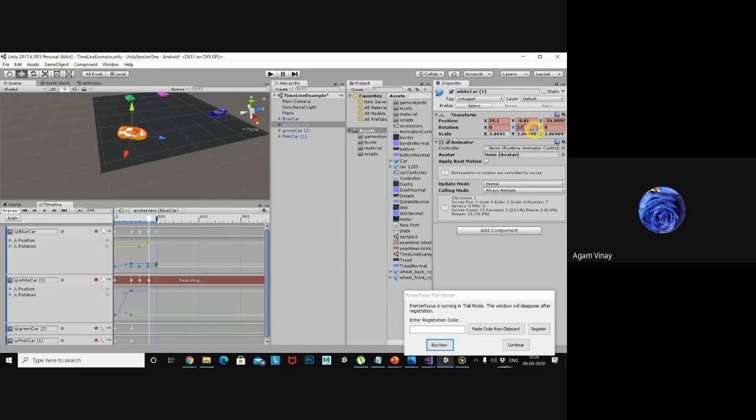Okay, 270. Check like this. So whenever it comes here, it will rotate like this and move.